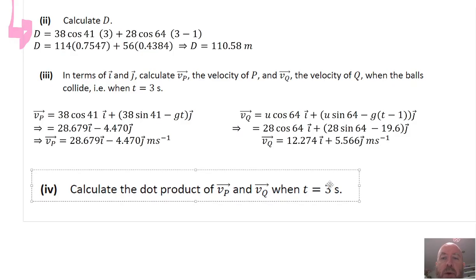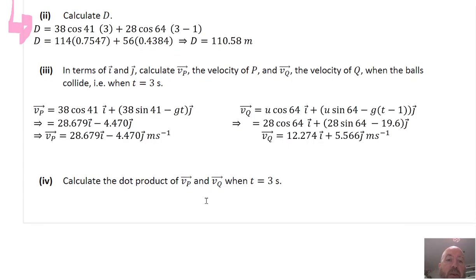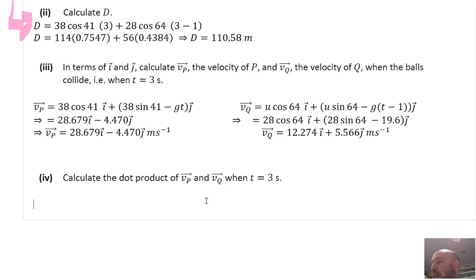36. So, calculate the dot product. There are 2 formats for this, and we will need to know both of them, because both are necessary to solve the whole thing. We will be able to find one of them directly with what we have and get an actual number, and from the other one we will then be able to figure out something about the vectors. So, the dot product, 2 ways of writing it. So it's VP